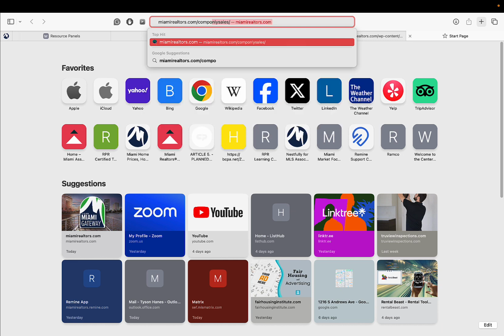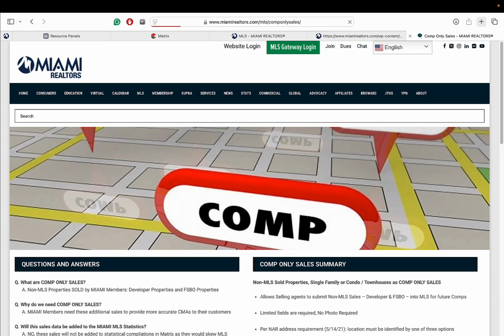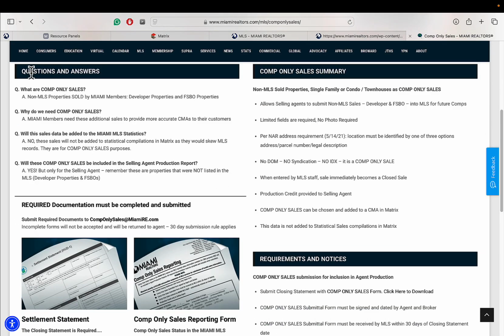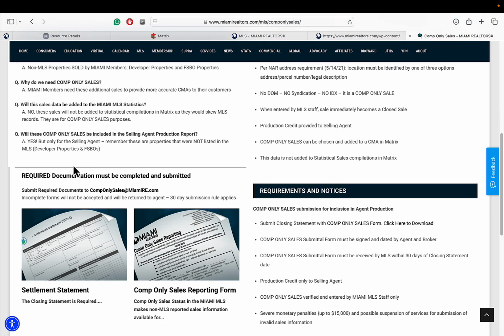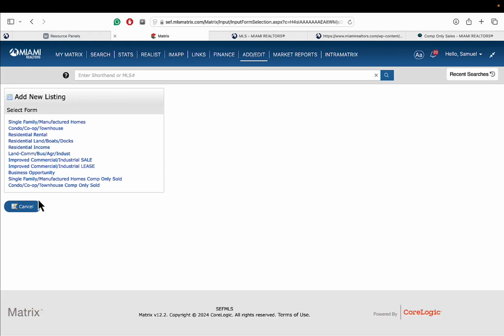miamirealtors.com/comp only sales. Once you're there, be sure to read the questions and answers as well as the summary. And as I mentioned, if you ever represent a buyer from either a for sale by owner or directly from the developer, you have the ability to submit the closing document, also known as the settlement statement, and the comp only sales reporting form so that we can enter that property into the MLS, so that we have that recorded sale in the MLS. Type of properties that qualify is single-family homes, manufactured homes, as well as condos, co-ops, and